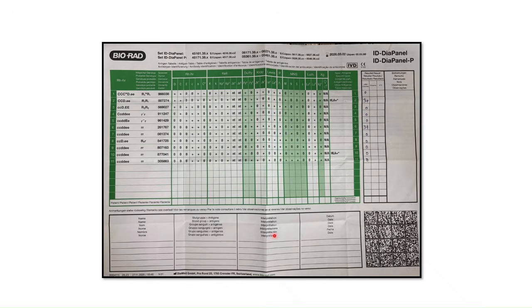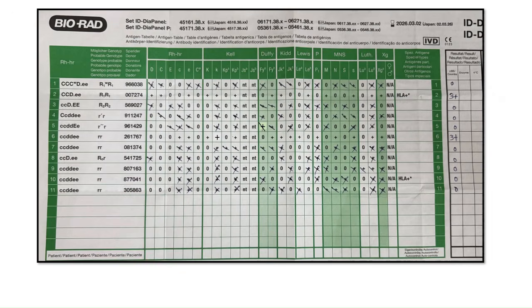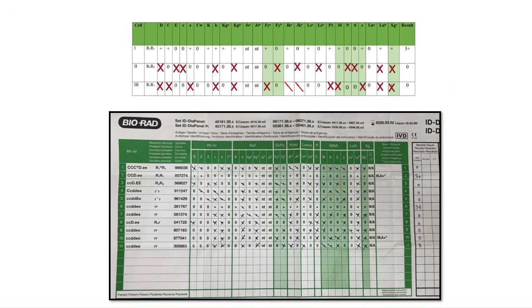Now to the antigram, we mark the reaction. So there is 3+ reaction in the second cell and there is a 3+ reaction in the sixth cell. As we discussed before, we proceeded with crossing out. Now we can see, except KEL, all other antigens are ruled out and KEL is showing the pattern of reaction. We reported patient has anti-KEL antibody in his plasma, so that appropriate antigen KEL negative AG compatible PRC can be